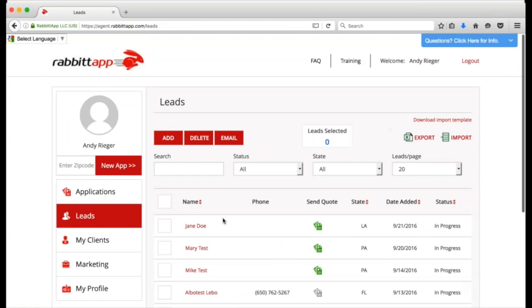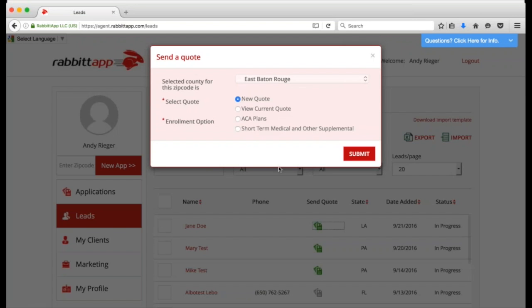And it's going to take me back to the leads tab because that's what I was doing. You'll see here's Jane, and now this lead is green. Now, let's say you send the lead, it's busy open enrollment, and 4 days later, Jane calls you back and says, let's talk about this short-term medical lead. You're probably not going to remember it. You can just go right back in, find Jane Doe in your leads tab, click the green button, and instead